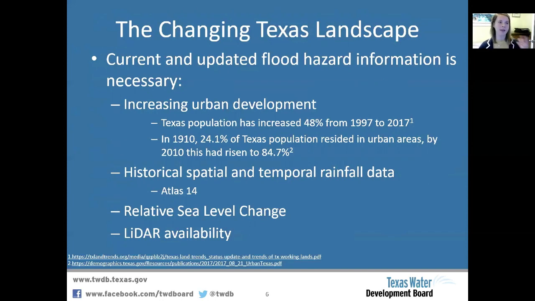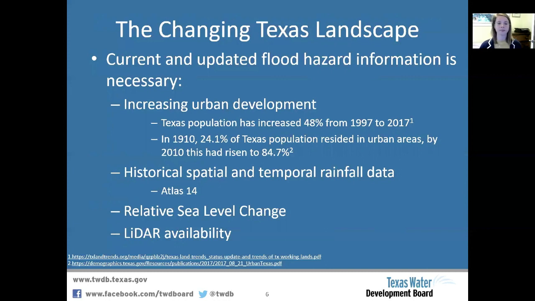And so say you have a map that's only 5 years old, you say, well, that doesn't sound so bad. But if you keep in mind this rapidly changing environment due to population change and moving into these urban areas, the characteristics of the floodplains in those areas is going to change pretty rapidly with the development. And so maybe that information that was pretty decent 5 years ago is just no longer valid in light of